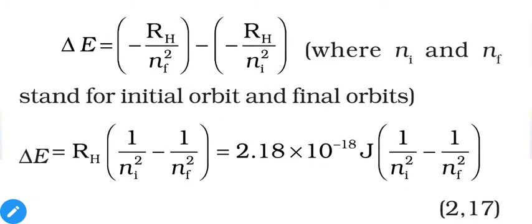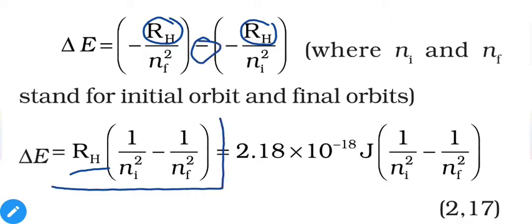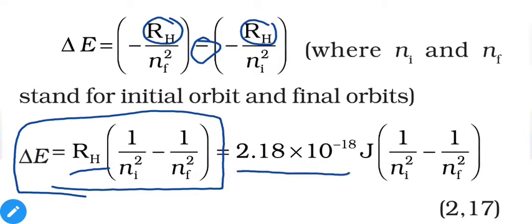Simplifying this equation, if we take RH as common and remove the negative sign, you will get this simplified version: delta E is equal to RH into bracket 1 upon Ni square minus 1 upon Nf square. The Rydberg constant value is constant, as mentioned earlier, 2.18 into 10 raised to minus 18 joules. So from this calculation, if we know the initial orbit and final orbit, by simply putting these numbers here, you